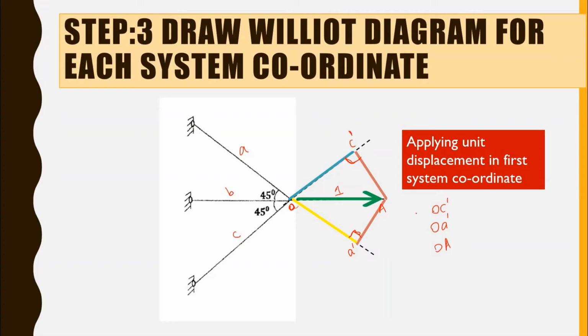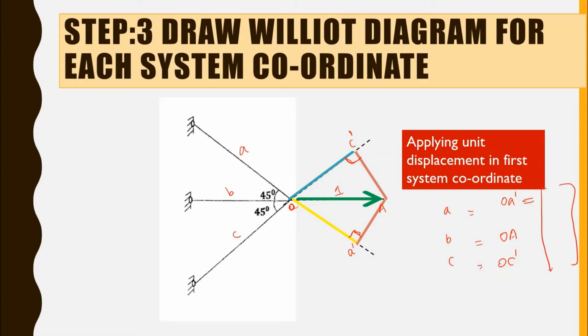That is, if we are measuring this length along the extended member, it will be taken as positive. If it is measured along the member, that is backward direction, it will be taken as negative. So in this figure, we have three members, A, B and C, and the lengths will be OA dash for A, and for C it is OC dash. Now I have to calculate these lengths.